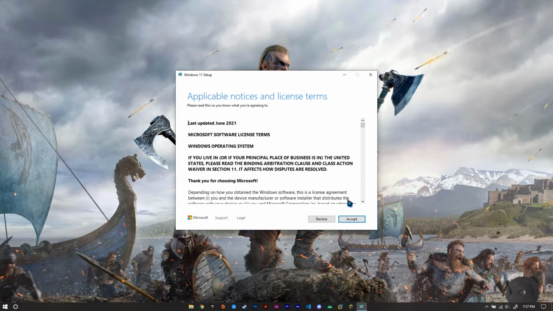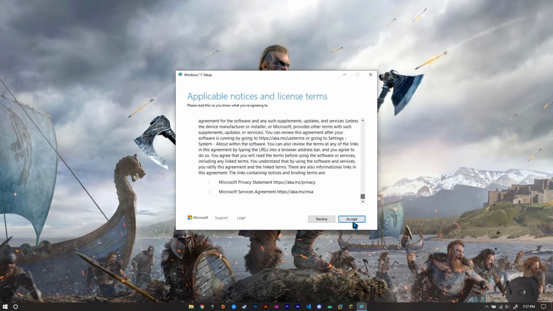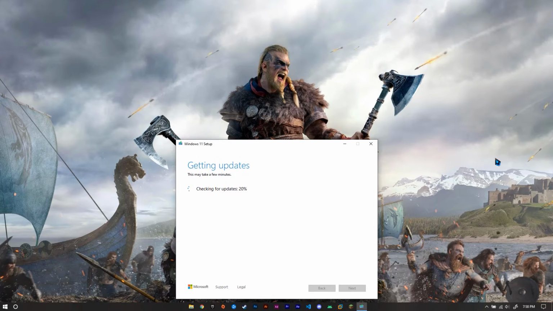Here it is checking for your PC requirements, and if your PC requirement is not fulfilled, then this setup might not work. But if you are seeing this license, just click on next, which means your PC is compatible to install Windows 11. If your PC is not compatible, I cannot help with that, but for most of you it is going to work. Now let's wait for this process to complete, and again I have to fast forward the video. It is going to take quite a bit of time, so you just need to simply hold on.